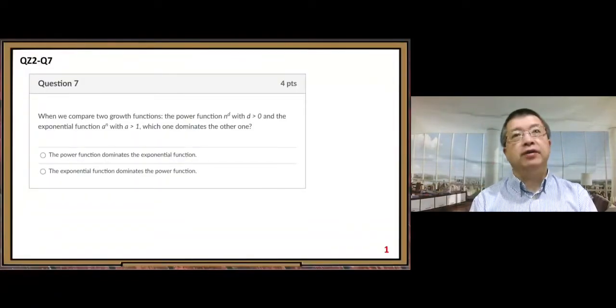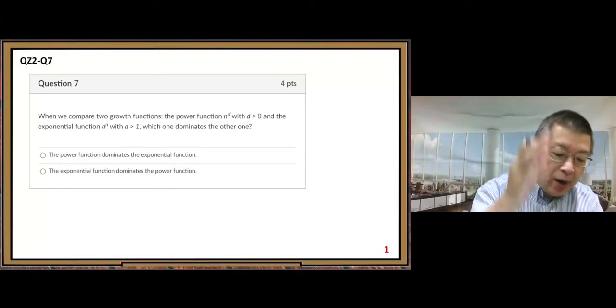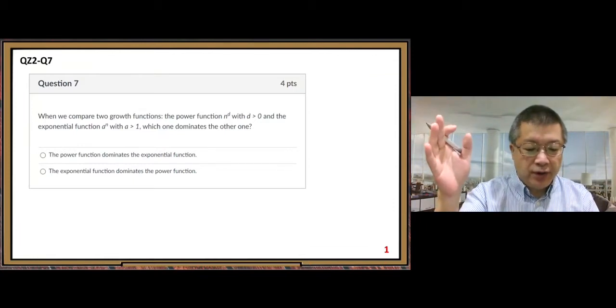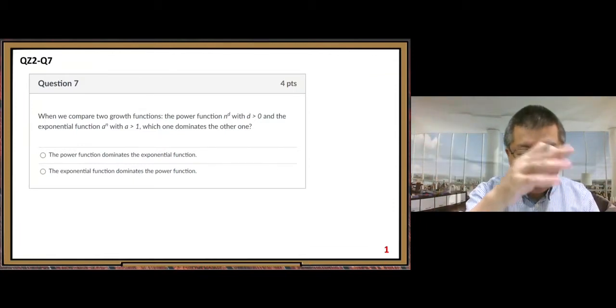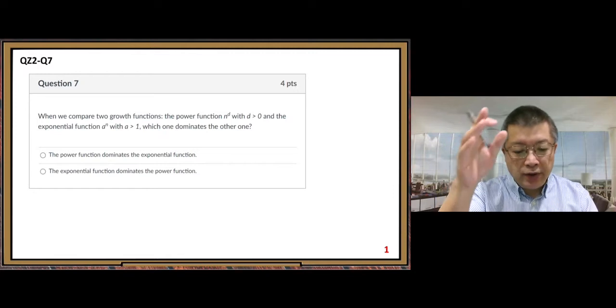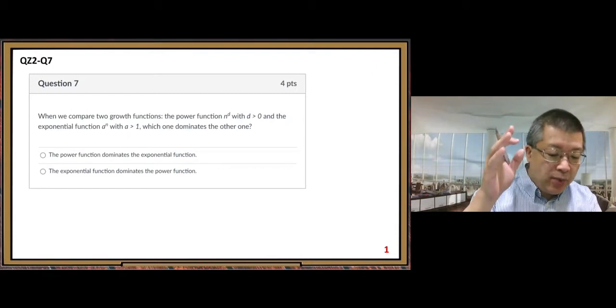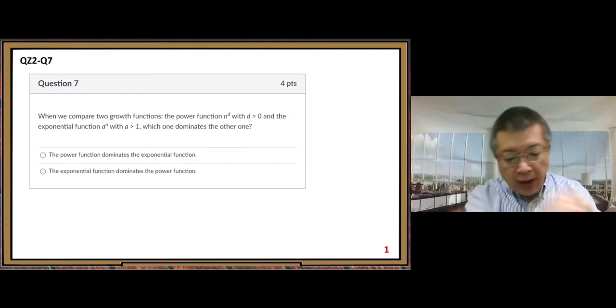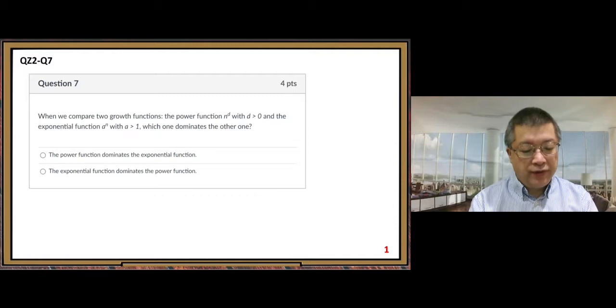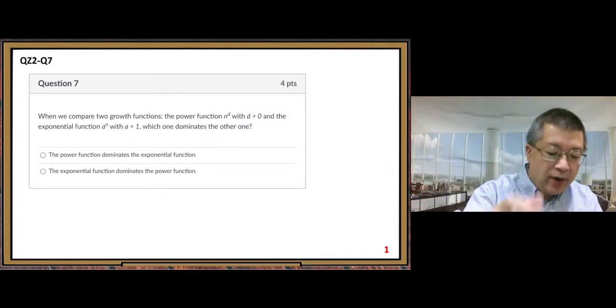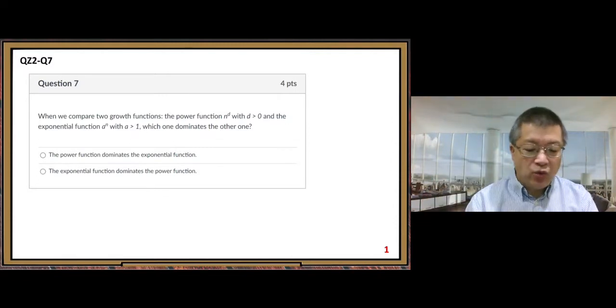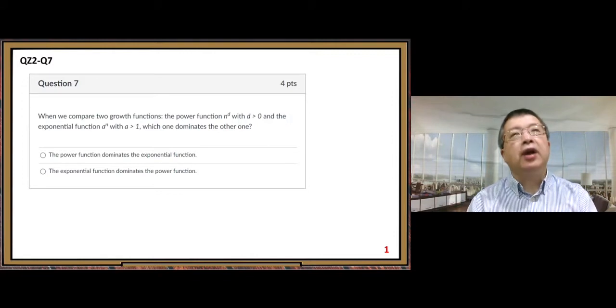Question number 7. When we compare two growth functions, the power function n to the d with d positive, not necessarily an integer, and the exponential function a to the nth with a greater than 1, which one dominates the other one? So this question,